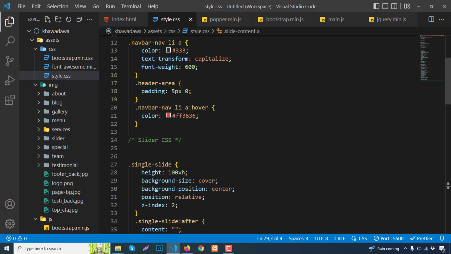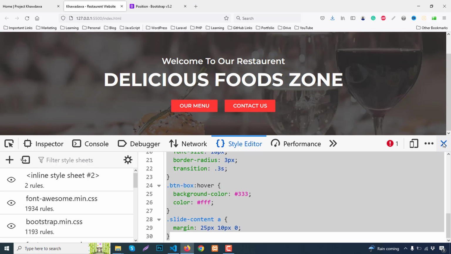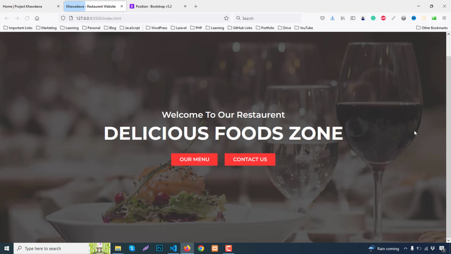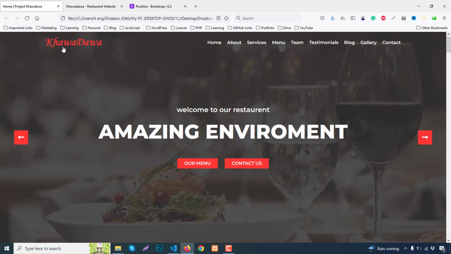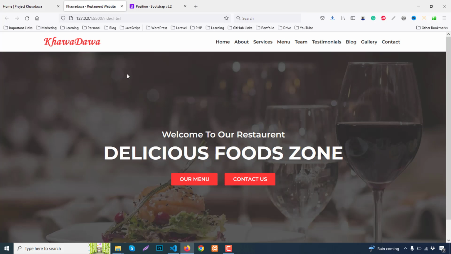Okay, we adjust our CSS code after finishing the full project, so don't worry about this. First we need to complete the full project. So our sliding part is done. One thing, if you check this header part, it is visible upon the banner part, so we can